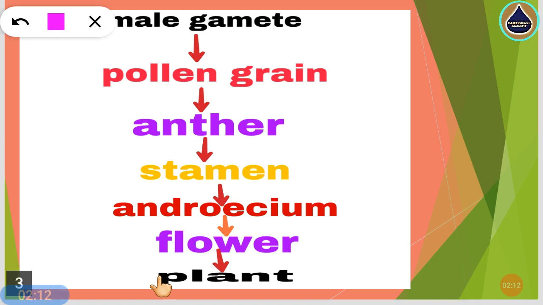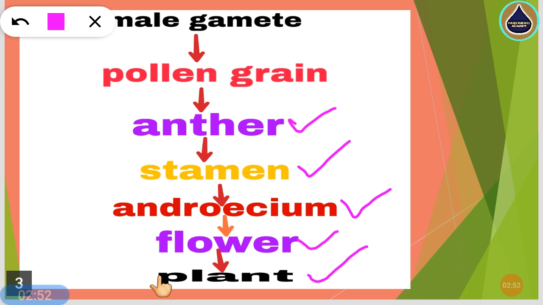So likewise, to know where the male gamete is and how it is found, we go from the bottom. So the plant body is there. In the plant there is a flower. In the flower there is a male part, the male reproductive part, that is called androecium, and the single unit of the androecium is called stamen. Stamen possesses three parts. The uppermost part of the stamen is called anther, and then the filament, and